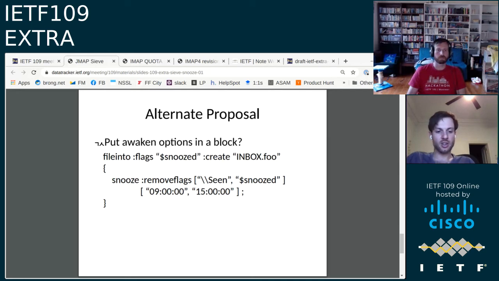Because conversations amalgamate different messages, some of which may be snoozed, they also amalgamate keywords, and so that could lead to that message leaking out even while it's still in the snooze folder because it might be threaded with other messages. I guess in theory you could set it when you snooze, but I think it's safer to do it when you wake it up, because you could again have more client logic to exclude stuff that's currently snoozed from the keywords amalgamation within a thread. But that's the reasoning.